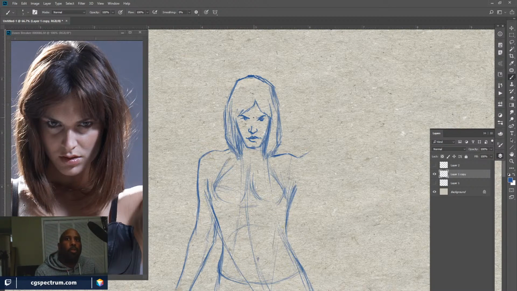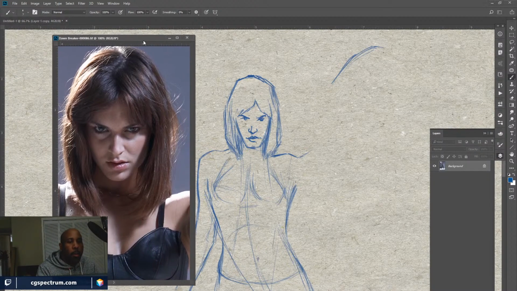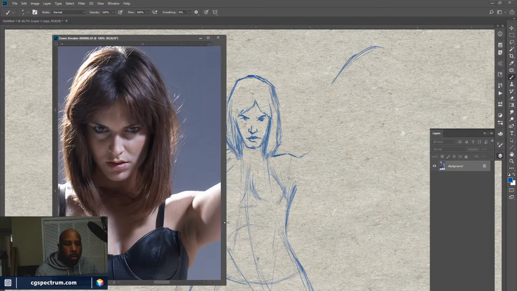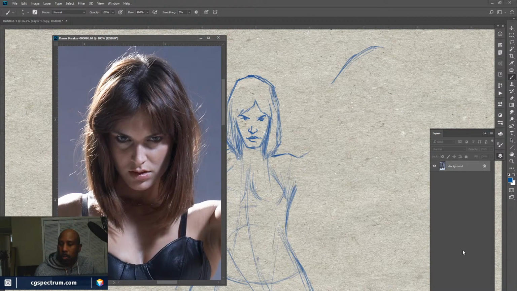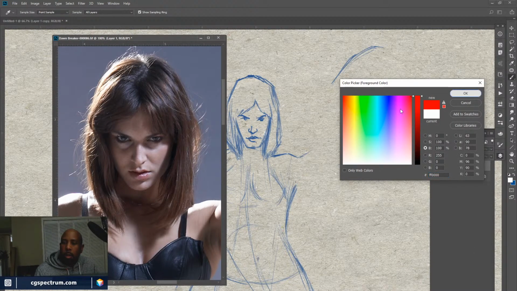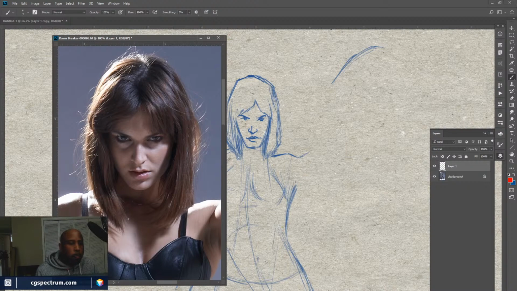Any advice for drawing really hair? Yeah, don't do it. No, let's see. I mean, if you treat the hair like it's just a shape, you're just going to come in here. If we look at her hair, I don't want to turn this into a class, but if we look at her hair and we look at this as shapes,